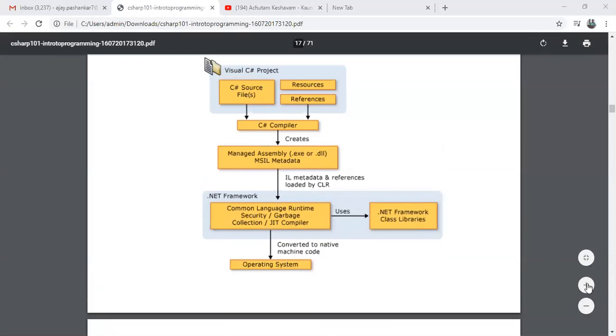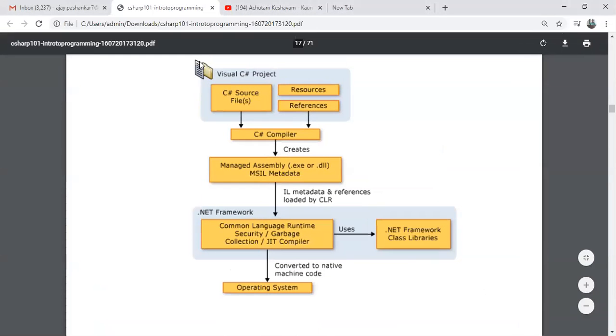So take a screenshot of this. You will rarely find this working of C sharp in books also. So take a screenshot of this. Done. Just raise your hand. So don't waste your time writing all the things. Just take a screenshot. Do smart work.